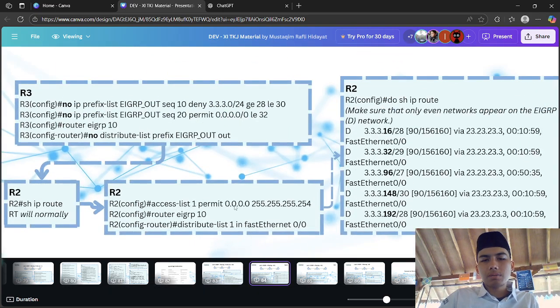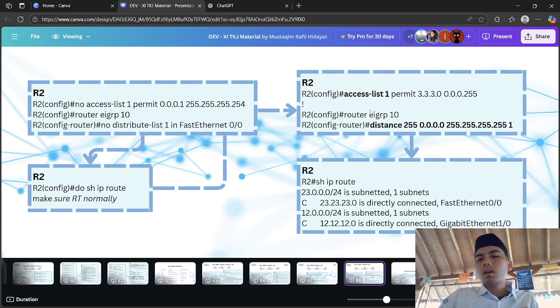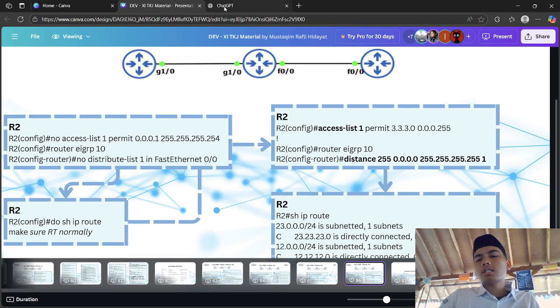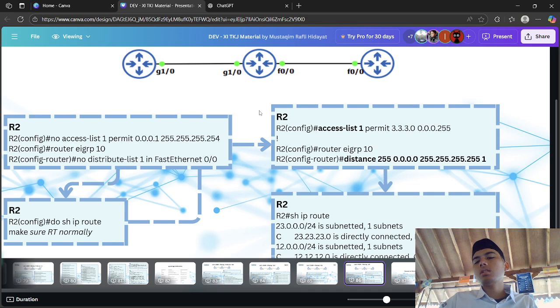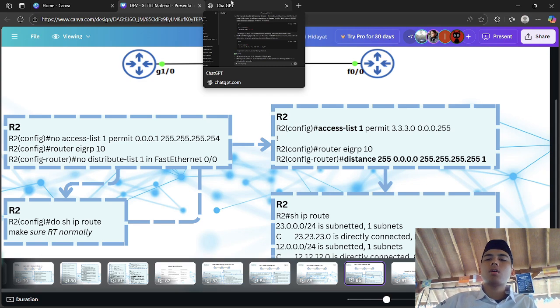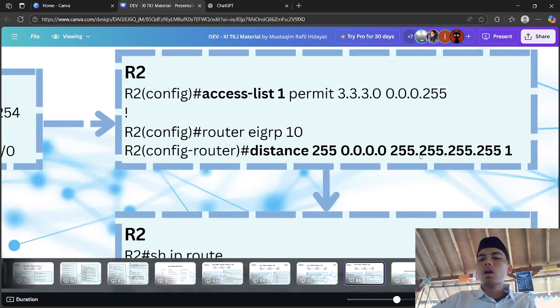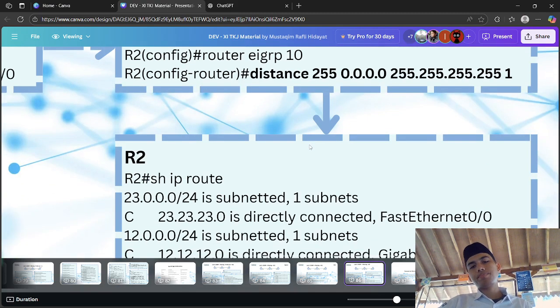Now we go into router EIGRP and use distance 250. Just like I said before, the bigger the distance, the lower the priority, and the lower the distance, the higher the priority. So we put 250, the source IP, the wildcard mask, and access list 1.